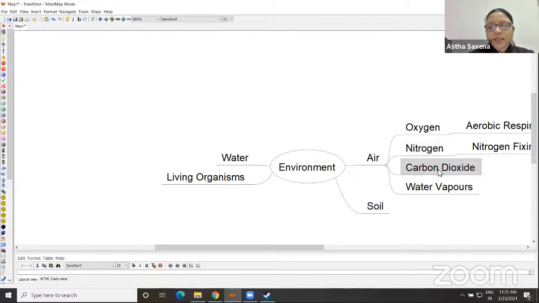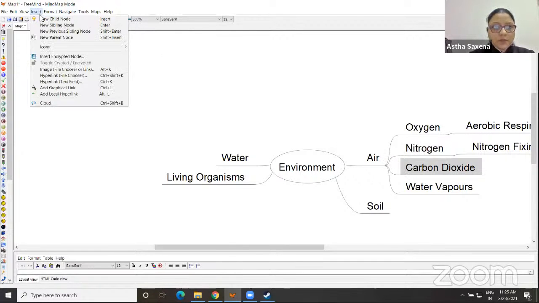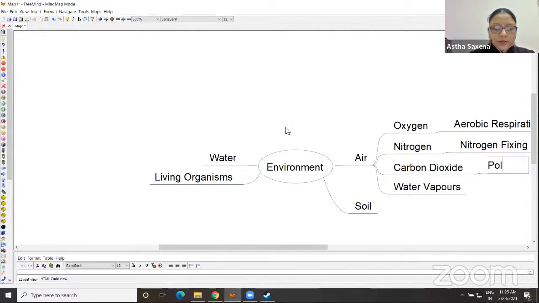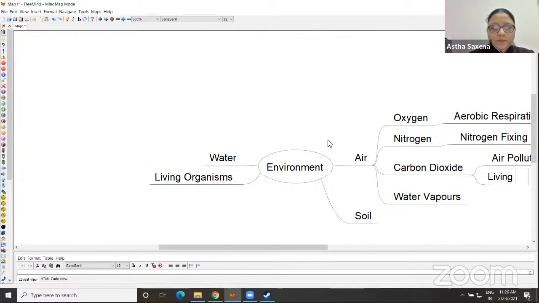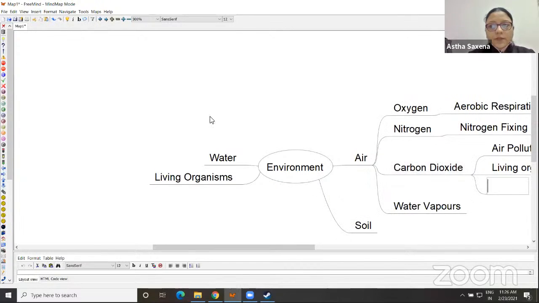Now carbon dioxide. It is one of the air pollutants, and carbon dioxide is also exhaled. Who produces carbon dioxide? Living organisms produce carbon dioxide. And carbon dioxide also helps in photosynthesis. So here again, we can add its